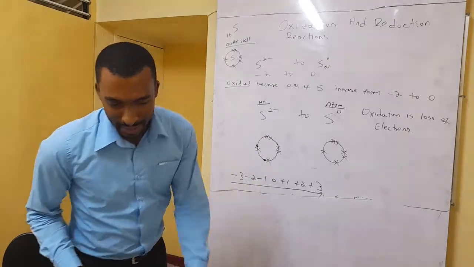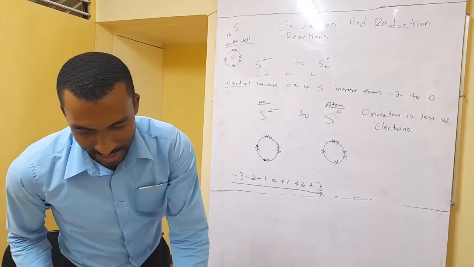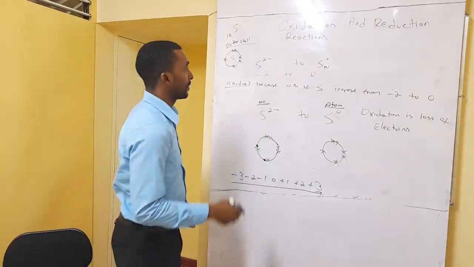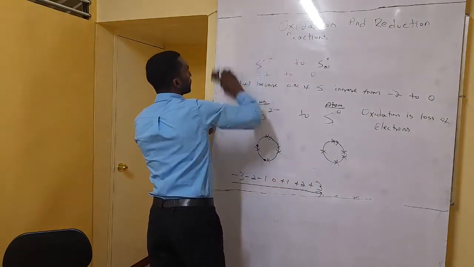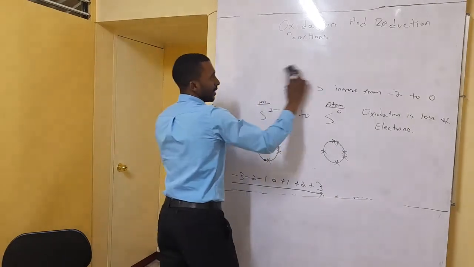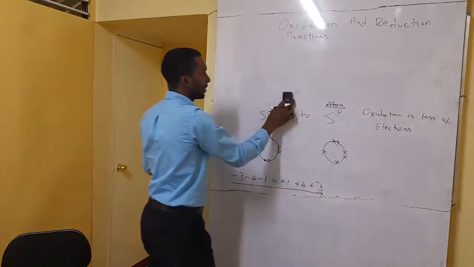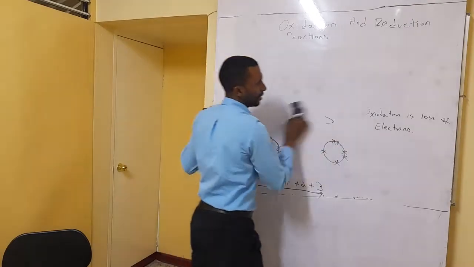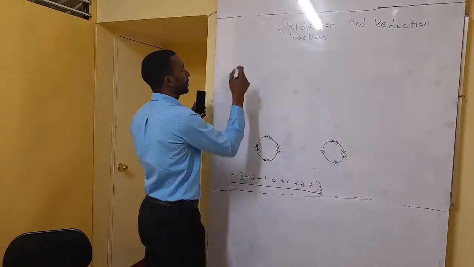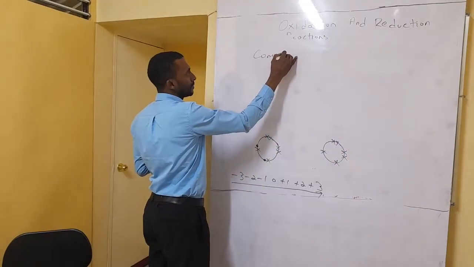Alright, let's just talk about some common oxidizing agents and color change, and then we can finish for the day. And you should go home and review with us, alright? But we need to know about common oxidizing and reducing agents that you will get in experiments or that occur in real life, right? So common